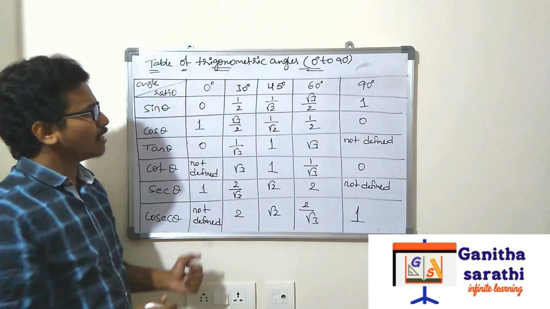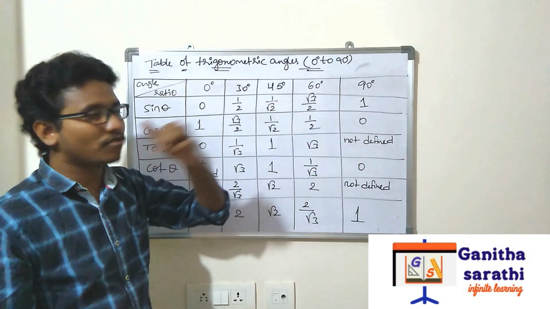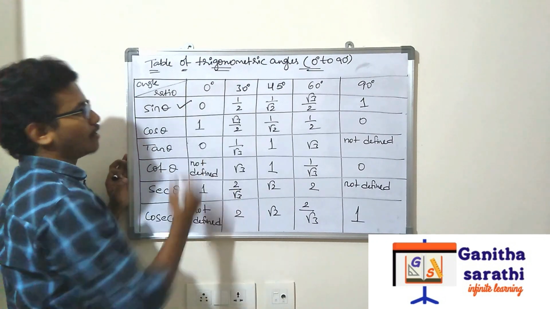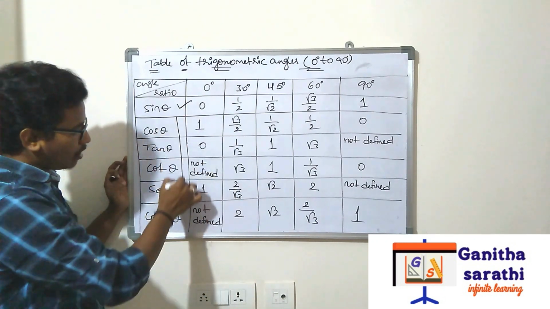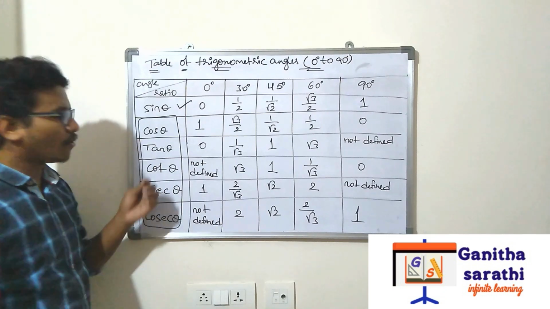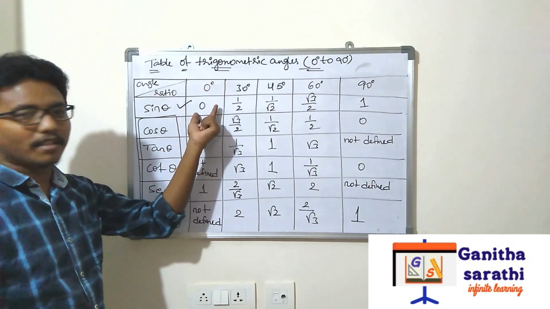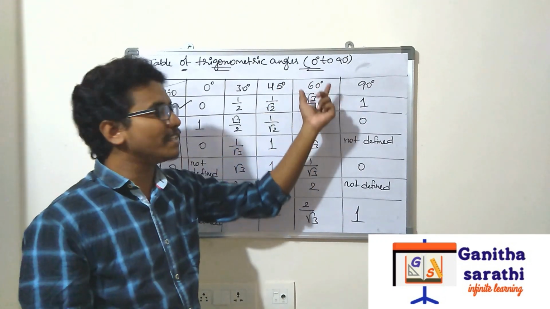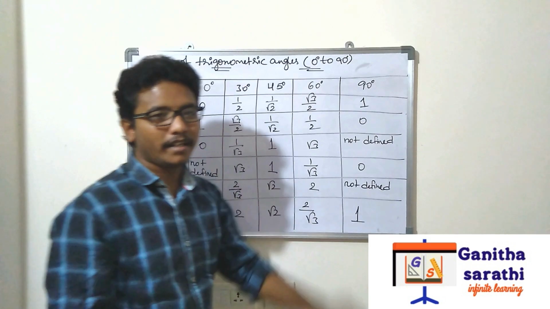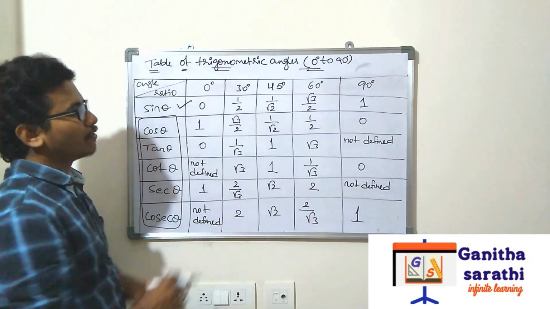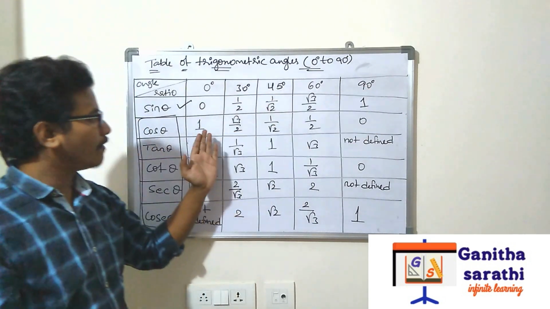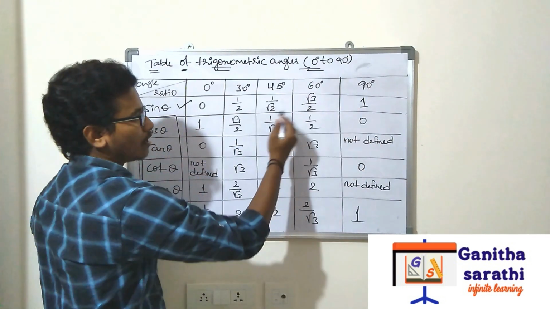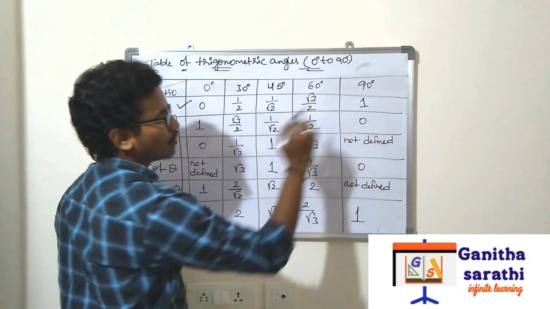So sine 0, in the geometrical proof we have seen all the values of that one. So now if you know just one sine value, you can create all these values. See, sine 0 is 0, sine 30 is 1 by 2, sine 45 degrees 1 by root 2, sine 60 degrees root 3 by 2, sine 90 is 1. Reverse that one, just reverse. Cos 0 will be 1, root 3 by 2, 1 by root 2, 1 by 2, 0.